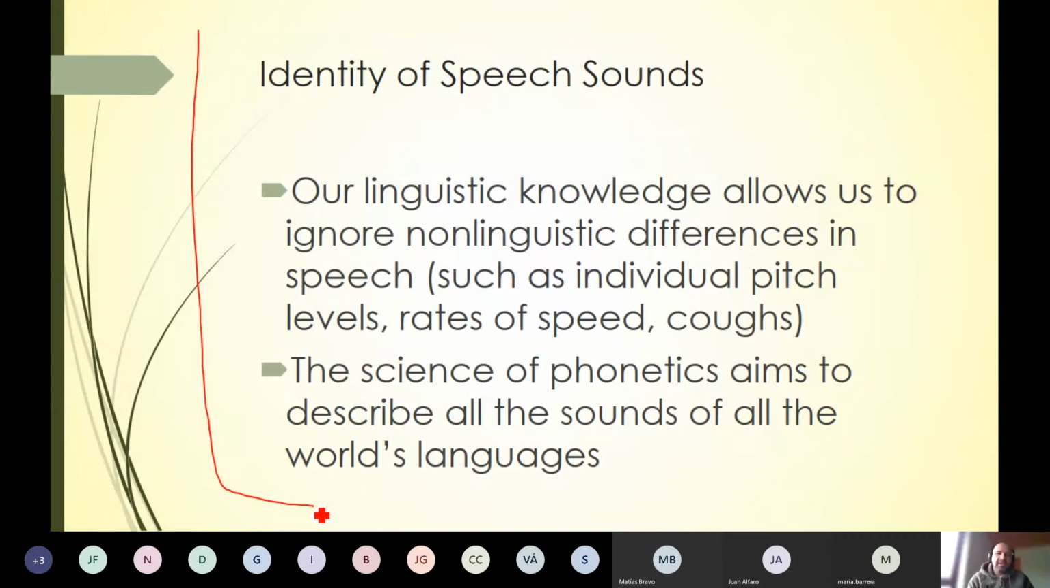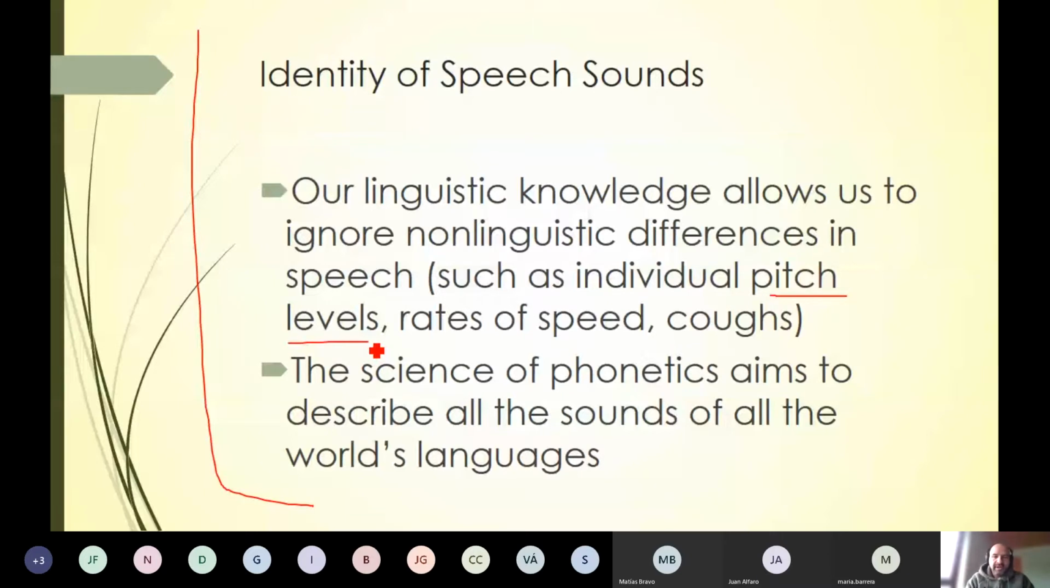Also, when we know a language, we can understand even though there are some individual differences in terms of pitch, right? For example, someone speaking like this with a very high pitch. That would be a very high pitch, right? Not so high, but high. Or like this with a very low pitch. Because we know a language, we can understand people talking, even though the pitch levels vary or are quite